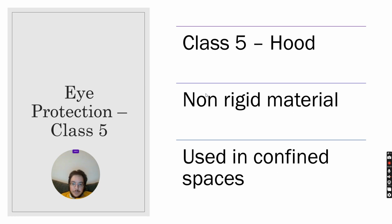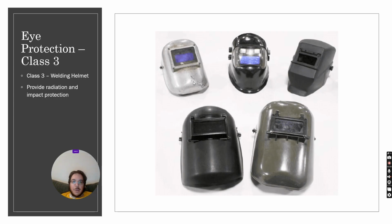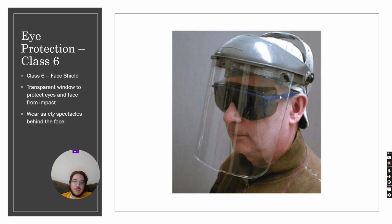And then class 5 is a hood, like this one, but with soft material, and you can use that in a more confined space where you don't have as much room and where you might not fit with the hood. And then class 6 is a face shield, but you can't wear a face shield by